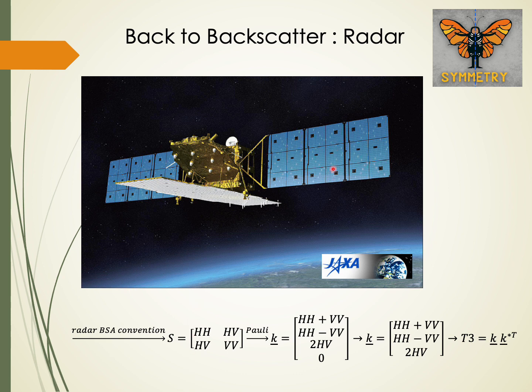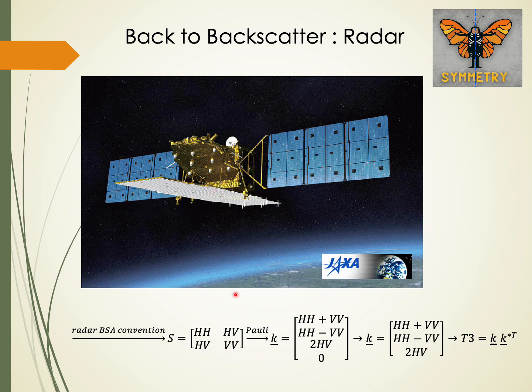This is ALOS-2, operated by the Japanese space agency JAXA, and as well as seeing these large solar arrays here for powering the satellite, you see this is the radar antenna here, and it acts both to transmit and receive signals from the Earth's surface and build up global data sets of backscatter polarimetry. Now, if you've been paying attention during this talk, you'll realize, of course, that immediately, convenient as this technique may be for radars, we immediately lose information through reciprocity symmetry because we've lost a whole channel of data,